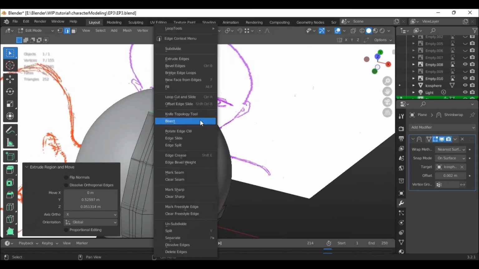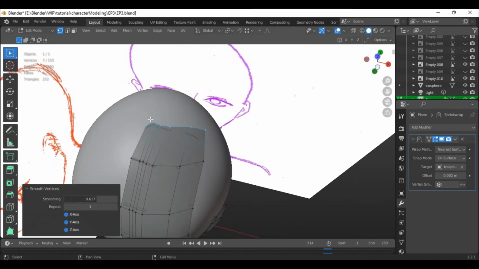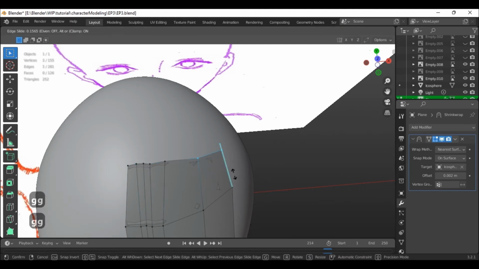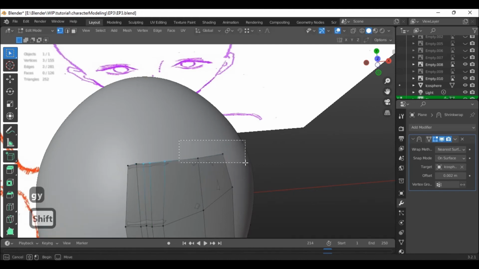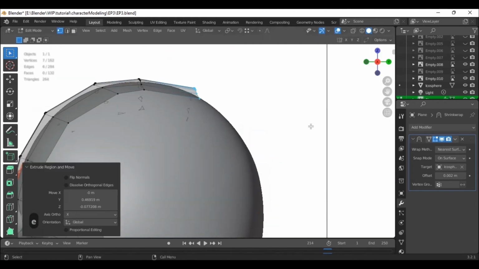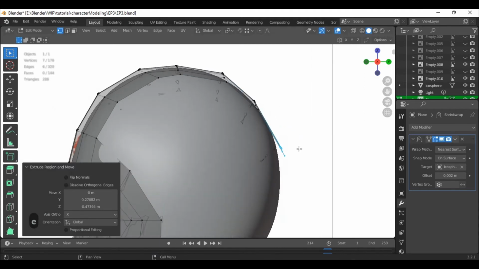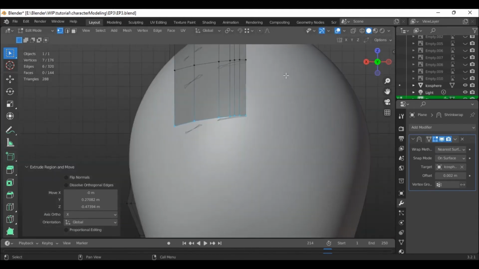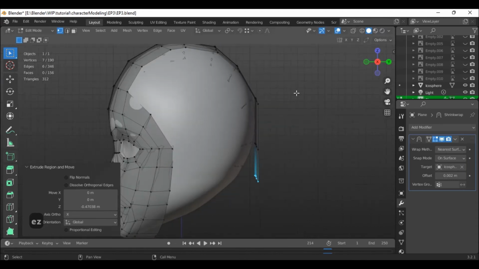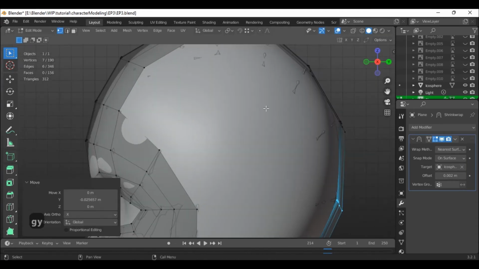But in basic terms, it all has a similar foundation. Like for me, the first head topology I made, I just followed someone else's tutorial, and later on I started making my own basic structure for facial retopology.